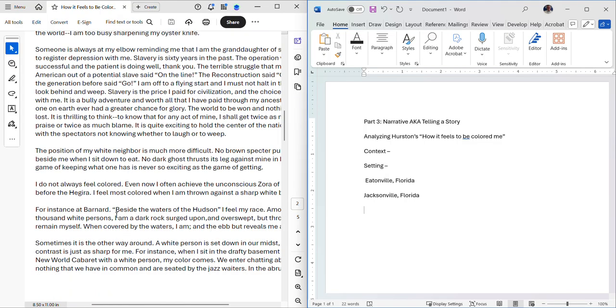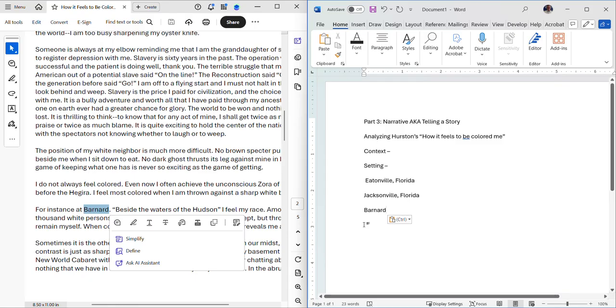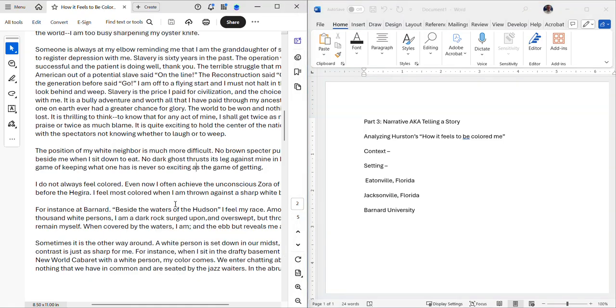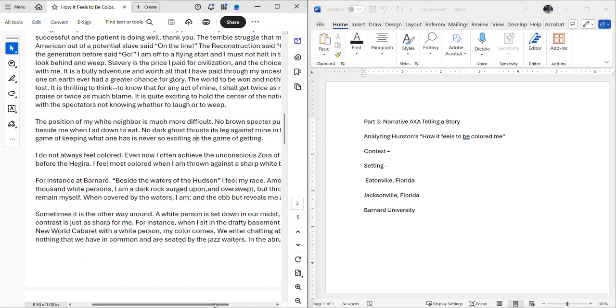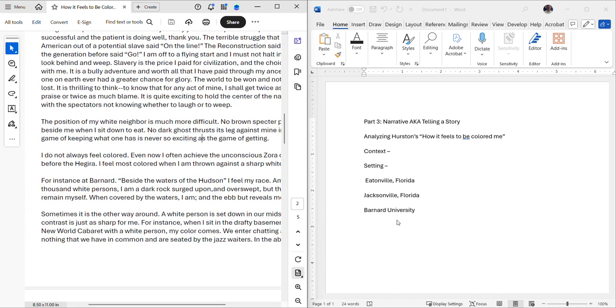We go on further to Barnard, which, if you don't know, is a university, right? And notice that she's naming each of these places specifically in this. And then she talks about the basement that is the New World Cabaret, which was a jazz club in Harlem,